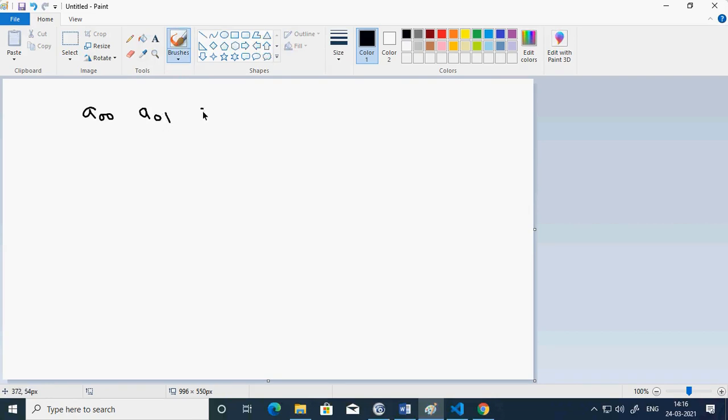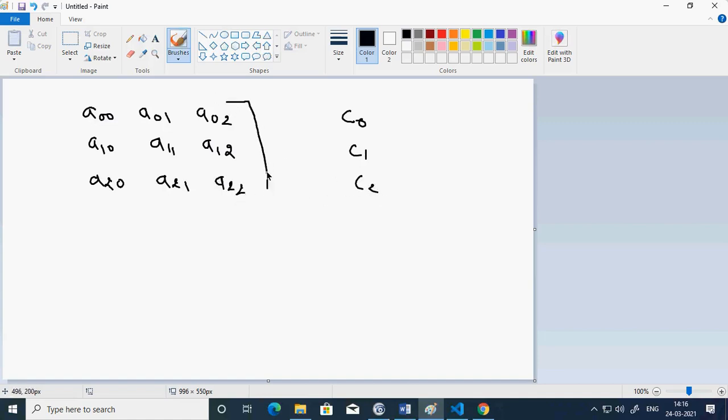A00, A01, A02, and I write here C0; A10, A11, A12, C1; A20, A21, A22, and I write C2. So when i is equal to 0, my k becomes 1 and k becomes 2. This is the start. And what happens during this? I get this max.